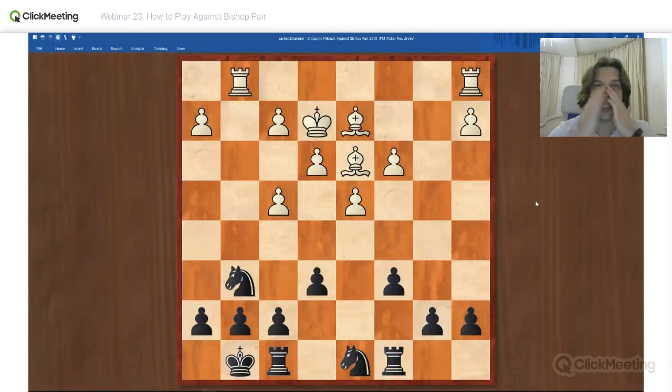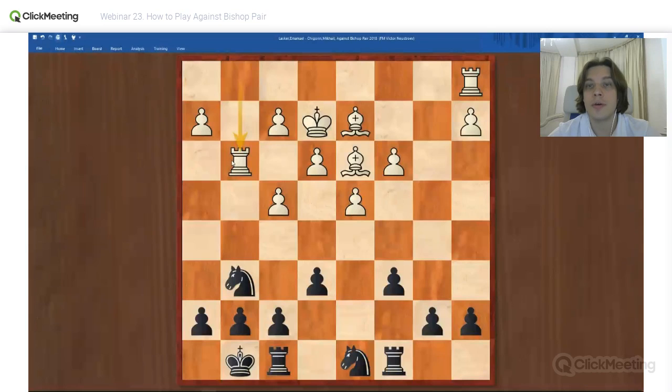Actually, this exact position, if here it's white to move, is in white's favor. And if white wants to exploit his bishop pair, he should play c4. However, at that moment, he didn't realize it. This is actually the game between Emanuel Lasker and Mikhail Chigorin. You know that Lasker was a champion, but he lost that game to Chigorin, maybe because of some misunderstanding of the position. He played rook g3,